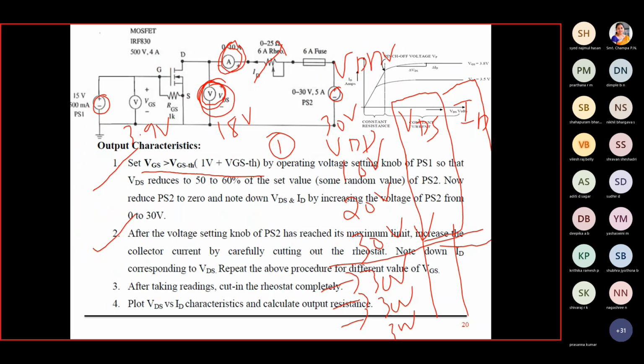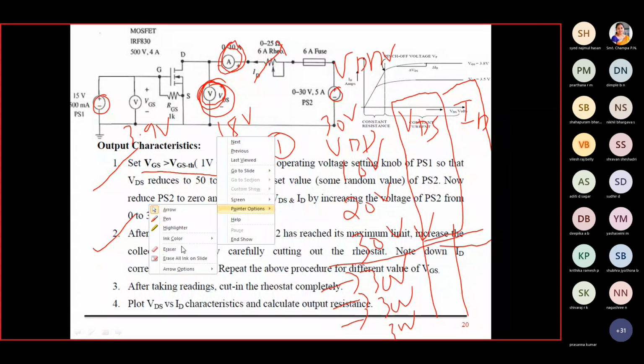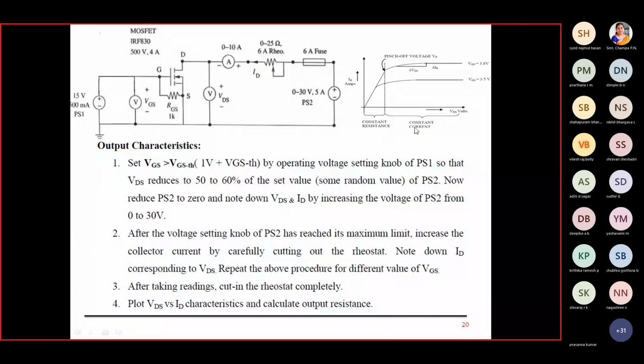Somebody can explain this. If you understood this, everything is done actually. Somebody can explain what are the steps I told you here? Apurva, what is the first step I told you? If you have a doubt, you can read what I am showing here. Apurva, read this statement. Yes, sir. First, PS